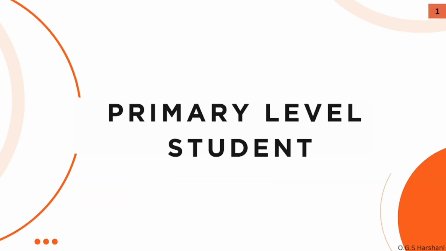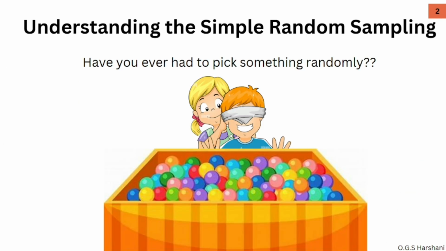First, let's talk about simple random sampling for primary level students. Have you ever had to pick something randomly? Think about a time when you had to choose something without knowing what you would get. Maybe picking a colorful ball from a box. Did you ever do that? Whether you said yes or no, let's dive into how we can make fair choices using something called simple random